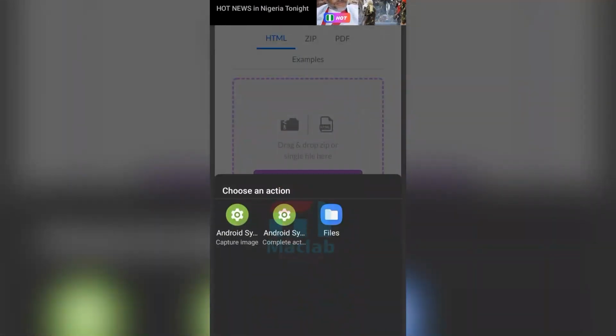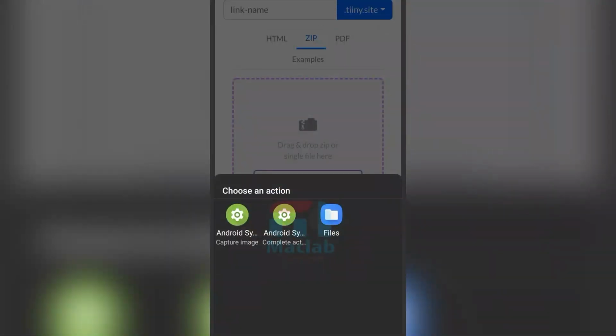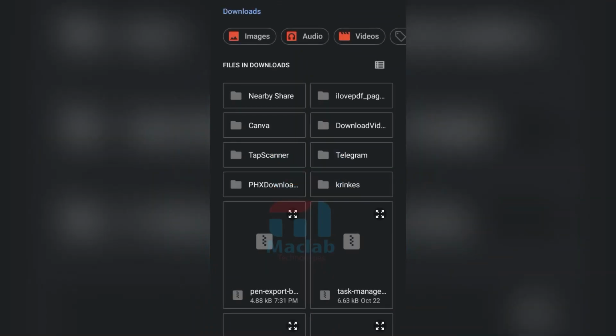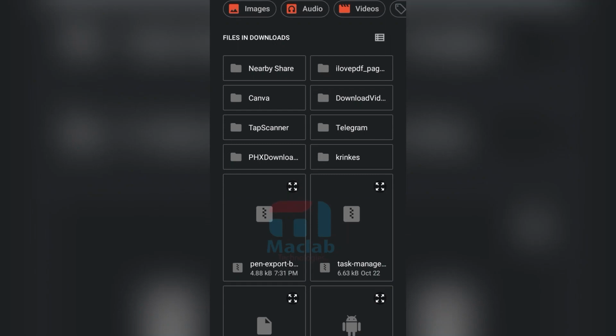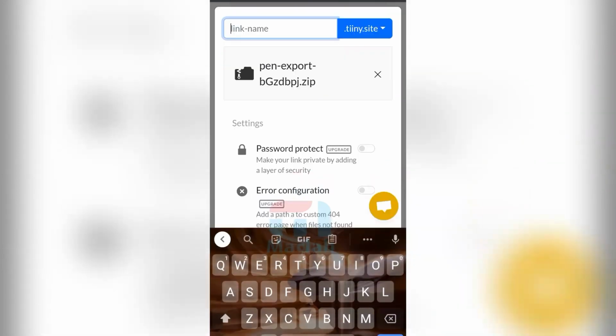Let me just say it's a zip file. I'm going to go to this place and look for the zip file we downloaded. Okay, this is the one. I'm going to click here. It has downloaded. So I'm going to click on Mac Task Manager. I'm going to name it Mac